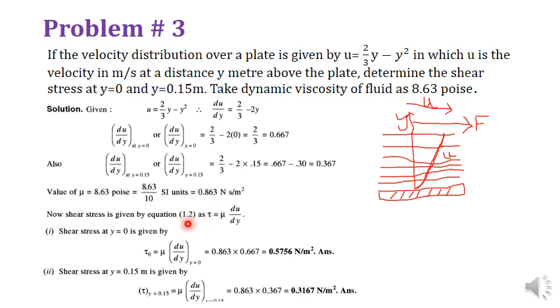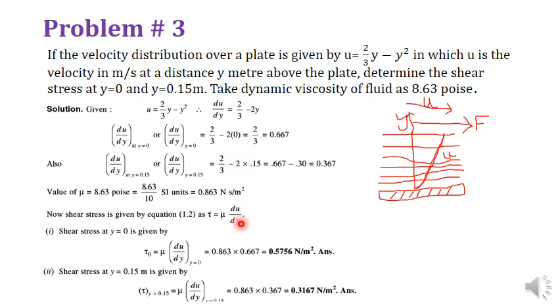So keep it consistent. Now shear stress is given by equation 1.2. In the last slide, in the theoretical part, we discussed very clearly and in detail how the shear stress can be determined. Your shear stress is directly proportional to the velocity gradient, the rate of change of velocity with respect to y distance. So du, the change in velocity with respect to dy, the differential distance between the layers, gives you a proportionality constant, that is dynamic viscosity. So τ is equal to mu du over dy, an equation you should remember all the time.